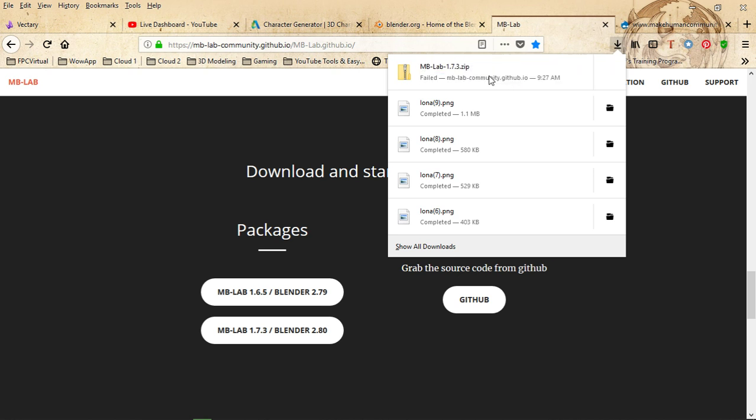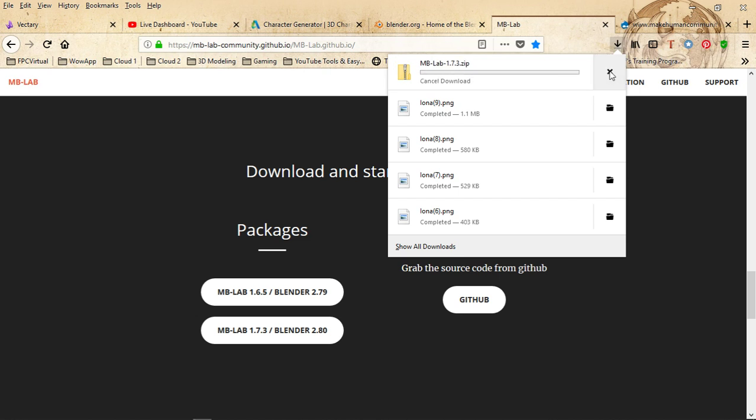So I don't know if that happens to you on your computer. See, it says failed. You just keep hitting that little circle or little round arrow and keep trying, keep trying, keep trying if it doesn't work. And eventually it should be able to go through. I already got it on my computer, but I'm just showing y'all folks what I have to go through sometimes